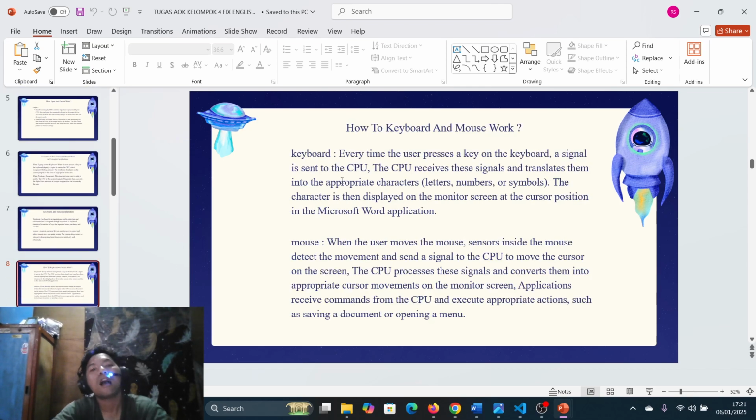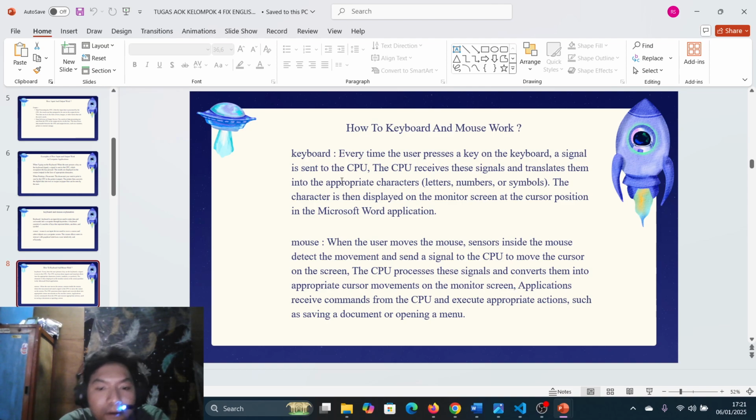Next, I will explain about how keyboard and mouse work. Keyboard. Every time the user presses a key on the keyboard, a signal is sent to the CPU. The CPU receives the signal and translates it into the appropriate character, such as a letter, number, or symbol. The character is then displayed on the monitor screen at the cursor position in the Microsoft application.